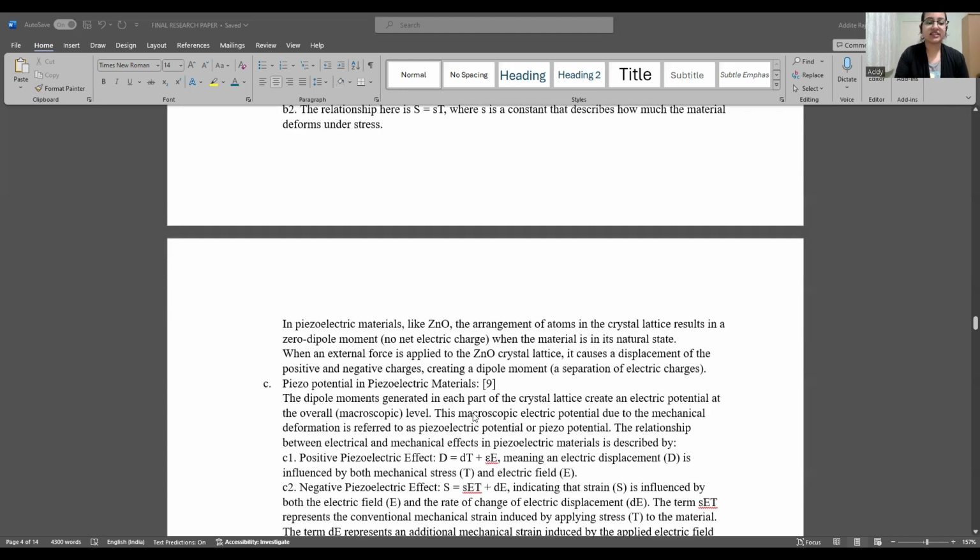Let us imagine a zinc oxide crystal lattice. When an external force is applied to the zinc oxide crystal lattice, it causes a displacement of the positive and the negative charges, creating a dipole moment or a separation of electrical charges. The dipole moments generated in each part of the crystal lattice create an electric potential at the overall, that is, at the macroscopic level. This macroscopic electric potential due to the mechanical deformation is referred to as piezoelectric potential